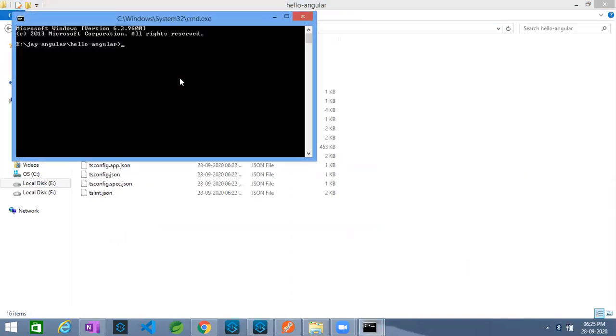I am issuing a command called ng serve. If you issue this command, it will start your application inside its internal container or a server.